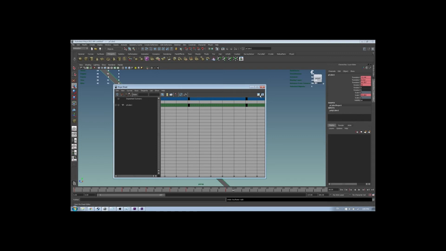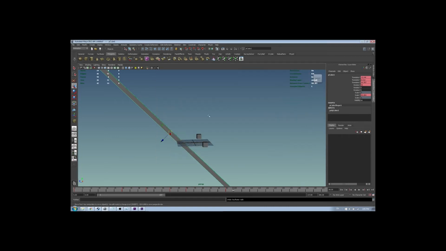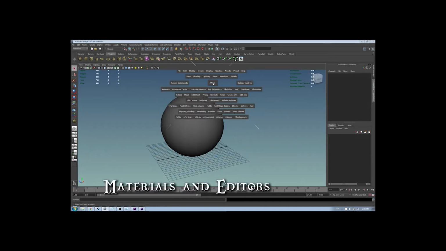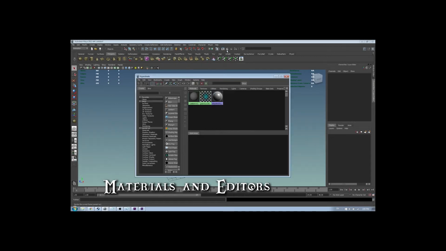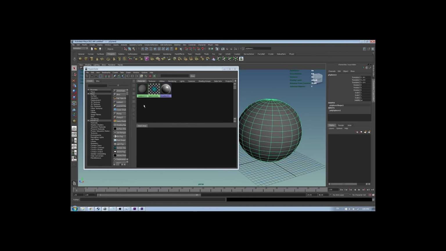Okay, Maya's material editor is called the Hypershade. So you go to your hotbox, go to Windows, and then I believe rendering editors, and then Hypershade. Okay, now this is your material editor. This is where all of your materials will show up. Let's go ahead and create a new material node. So I'm going to start with a Blinn. Now Blinn is a very generic kind of material, so I'm just going to middle mouse drag that onto